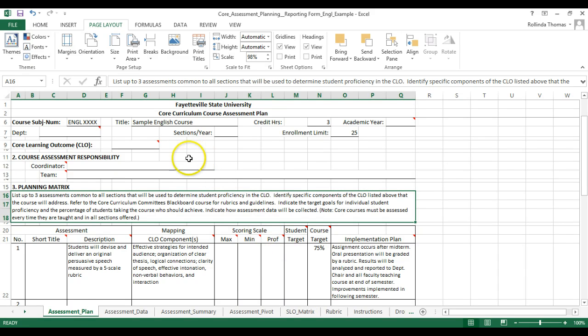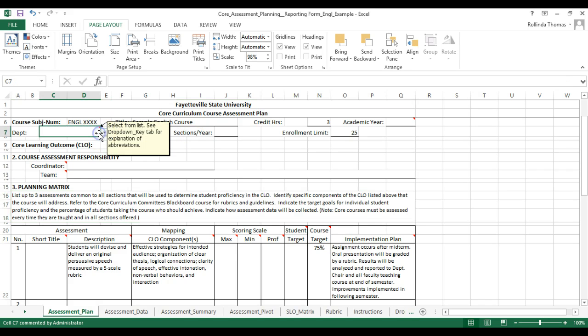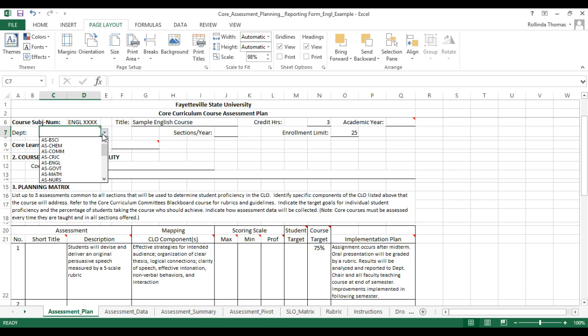In this example, I'm choosing a generic English course. So let's say that we're trying to fill in communication skills. So we give it a subject number. We also give it a title, the credit hours, academic year, all of the information that we would normally give. For the department, we can use a drop-down menu. In this case, I'll just assume that it's from the English department, but really any department could have a course